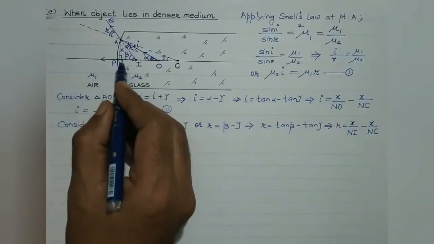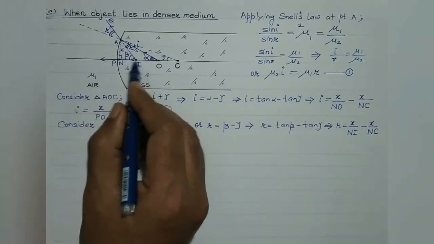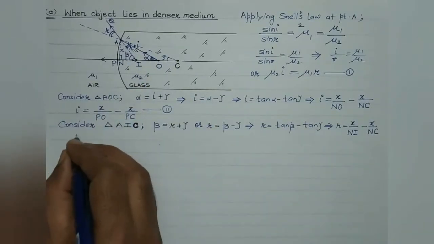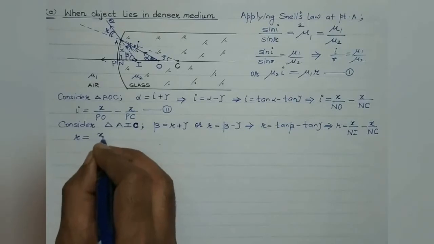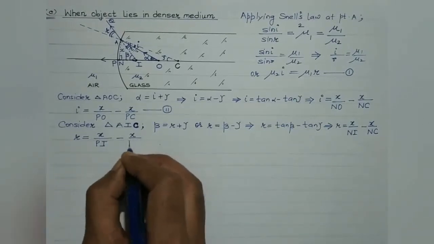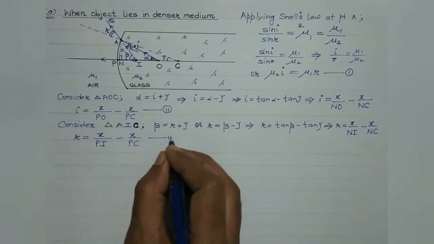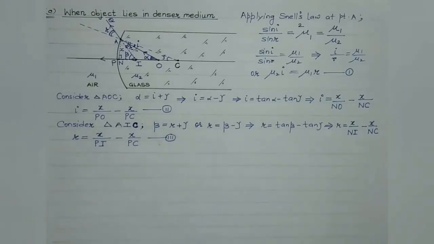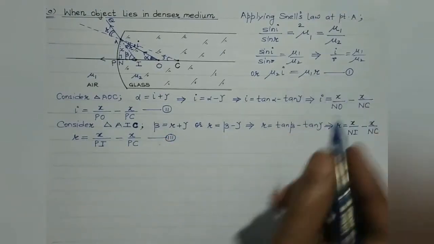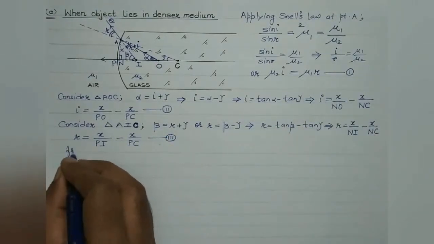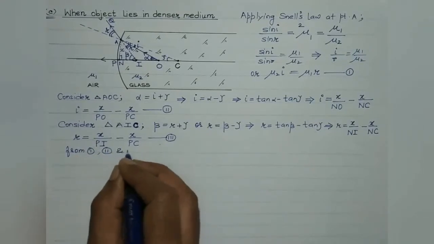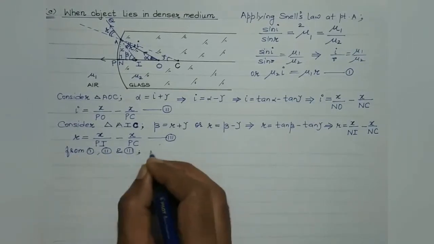Again, N and P being very close to each other, NI may be written as PI, NC may be written as PC. Thus, angle r would be equal to x by PI minus x by PC. Now since we have obtained the values of i and r, we need to substitute these values in equation 1. So from equation 1, 2 and 3, we get